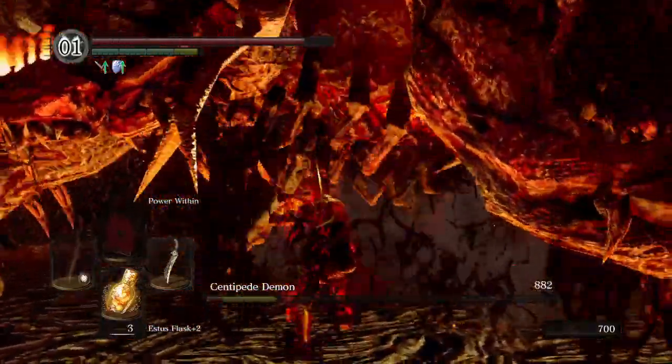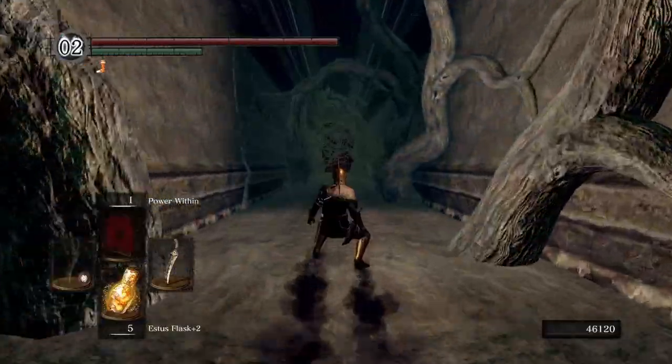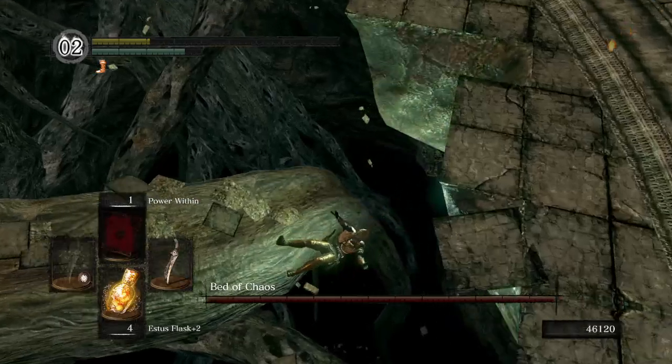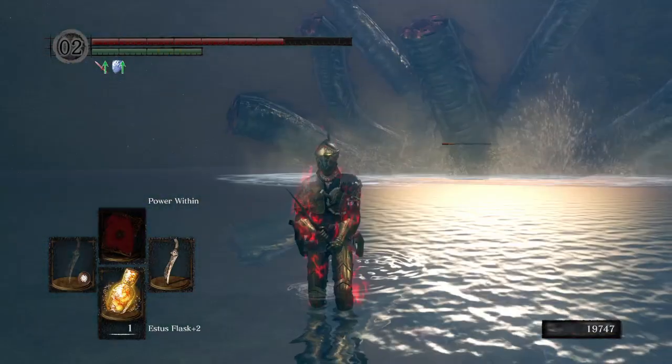I still have a really hard time reading this boss's attacks, but they go down on the second try. The Bed of Chaos isn't anything interesting. I smack the plant things, it shoves me down a pit, the usual. I kill the Hydra with surprisingly little issue, talk to Dusk, get the MacGuffin, and now we can start the